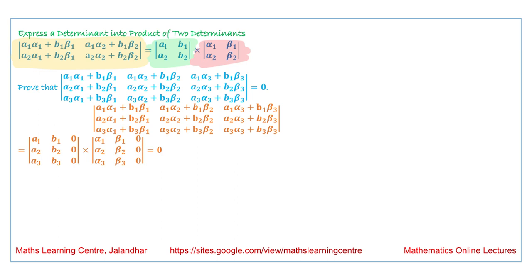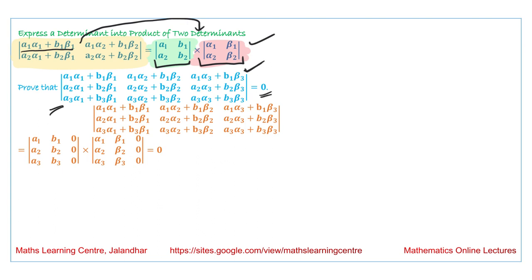Now if we look at this result in the converse way, we are saying that if this determinant is given to us, then we can write this determinant as the product of these two determinants. So that is the first result we have, for 2 cross 2 matrices. Similarly, we can see the result for 3 cross 3 matrices. This is the matrix given to us, and we have to prove that the determinant of this